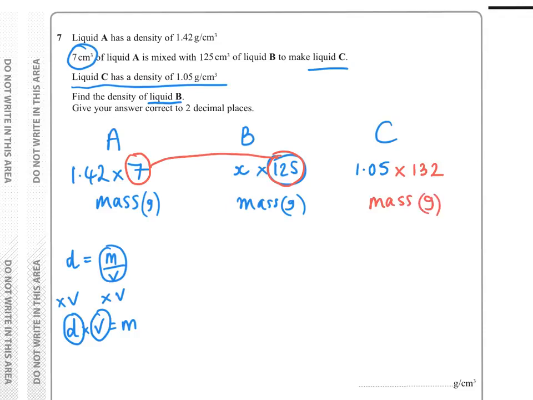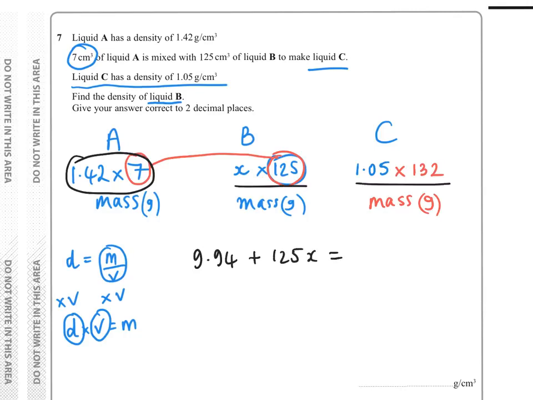So we know that A and B made C, so we can form an equation. So we've got 7 times 1.42, which is 9.94, plus 125x equals 1.05, doing that on my calculator, times 132, which is